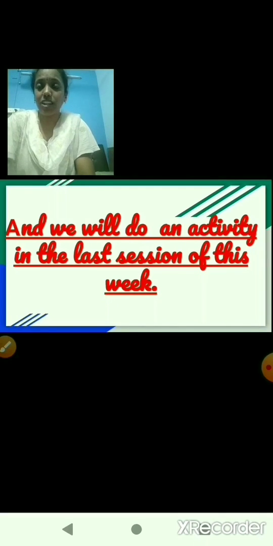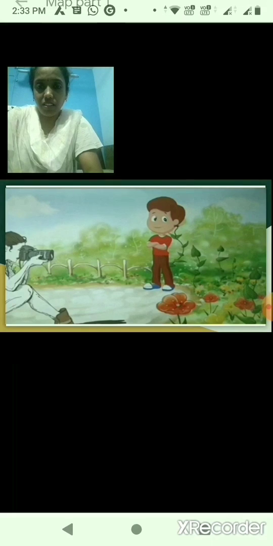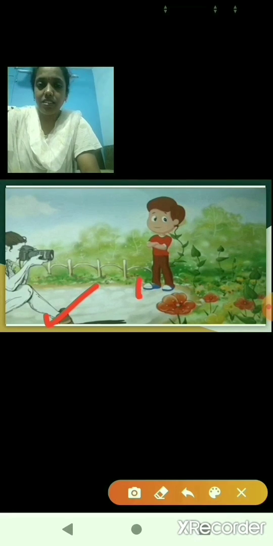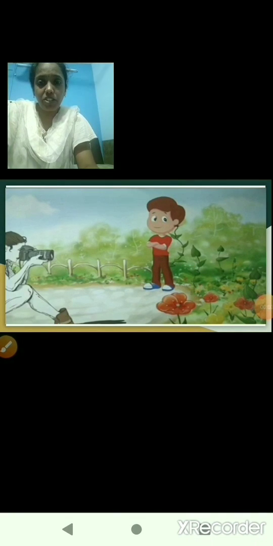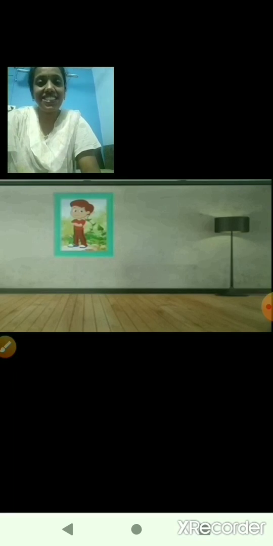Before that I would like to show a few images. Now children, here is an image on your screen. What can you all see, children? A father and a child in a garden, isn't it? Yes. A boy is giving a pose and the father is taking a picture, isn't it? That means the boy is being photographed and this is his photograph.